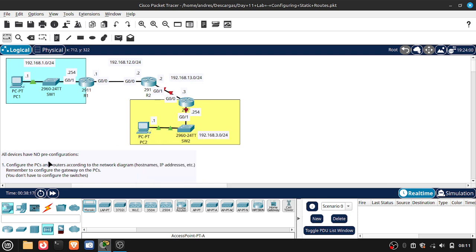And the first task says: configure the PCs and routers according to the network diagram, hostnames, IP addresses, etc. Remember to configure the gateways on the PCs. You don't have to configure the switches. The gateway is the routers. For example, the gateway for PC1 is this GigabitEthernet 0/1 interface,